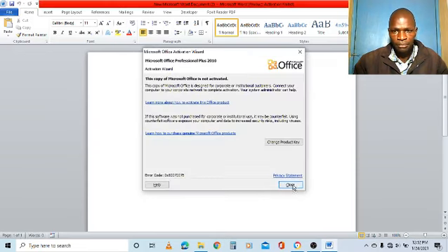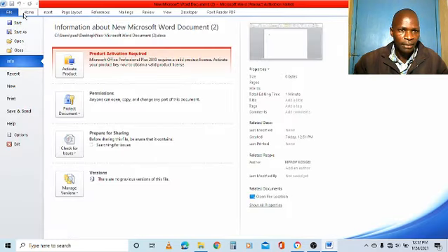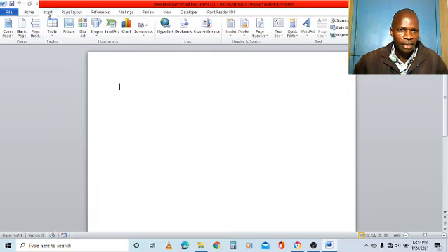So up here, this one is called the menu bar. There is file, home. Another menu is insert. And as you click, some options down here are shown.